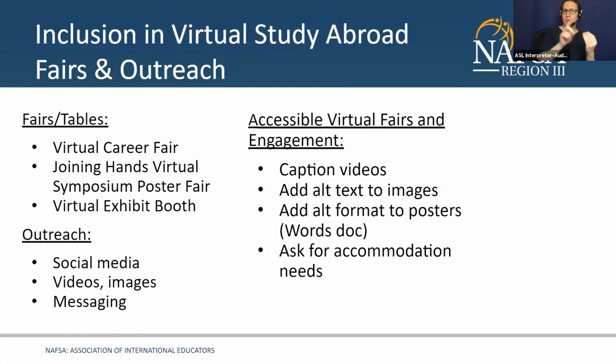And I wanted to just hit on this as your programs look at promoting study abroad through study abroad fairs or different outreach methods that could be social media, for instance. And through social media, we use a lot of videos, dynamic images, and strong messages. And just as a reminder for these events or opportunities, engagement is to ensure that you're captioning videos,